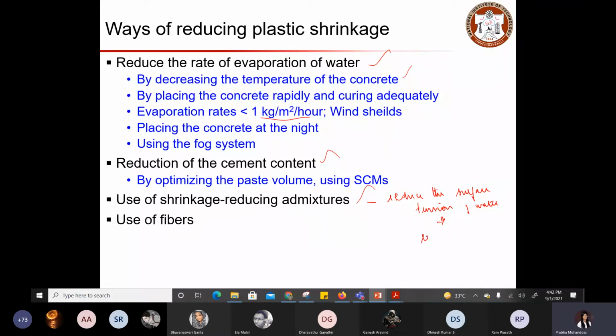And thus it will reduce the tensile stress. And use of fibers. So fibers basically help you to bridge the cracks. So crack bridging effect. So that will help you to prevent crack widening, so that your crack will not get widened and it will not propagate. When the crack gets wider, then that will lead to other deleterious issues also. So when you use fibers, that basically helps you to bridge the cracks and reduce the